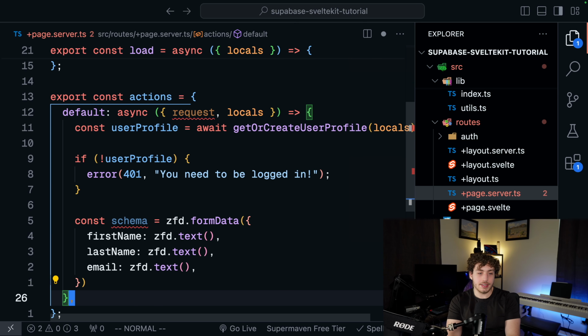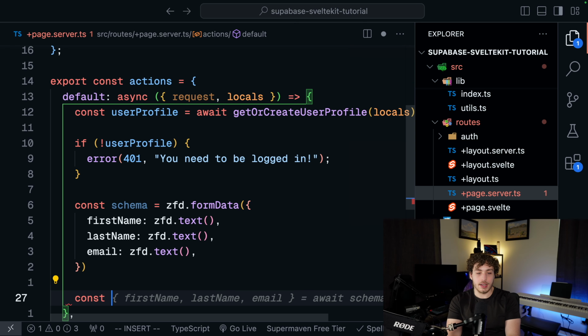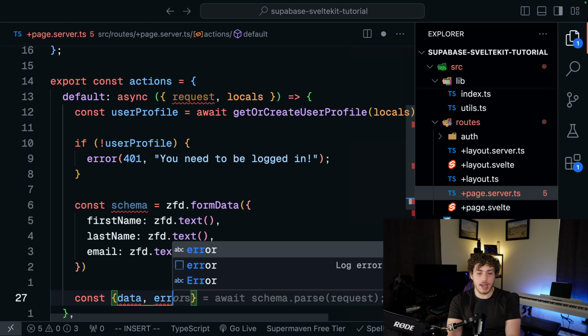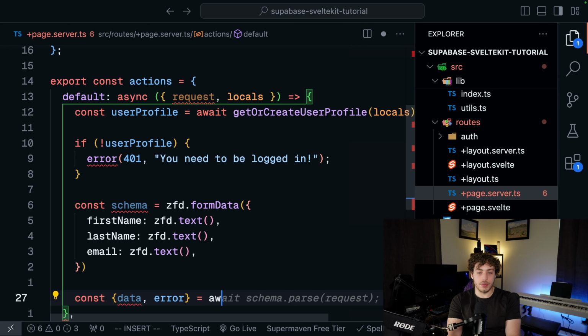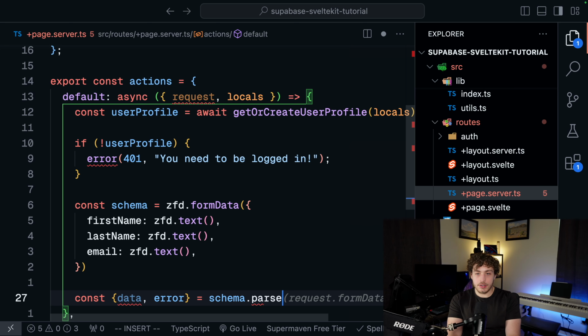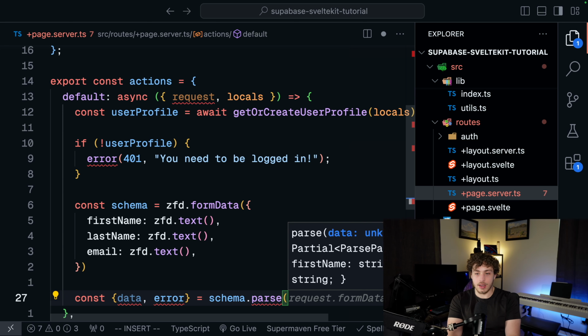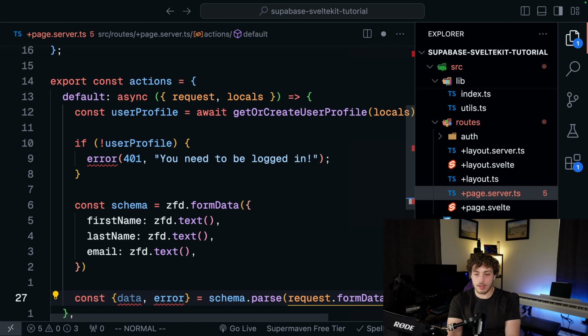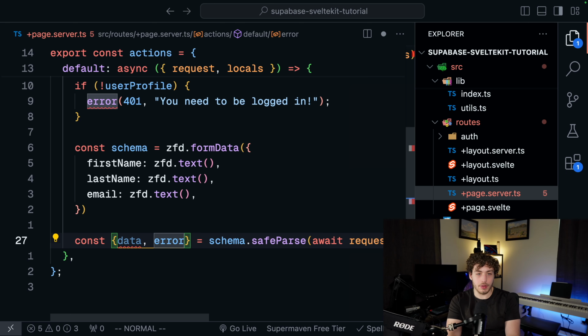So we're going to grab these text objects, and then we're going to say const data, error equals schema.parse, and we're going to pass in request.formData. So we're going to do schema.safeParse. We'll pull out our